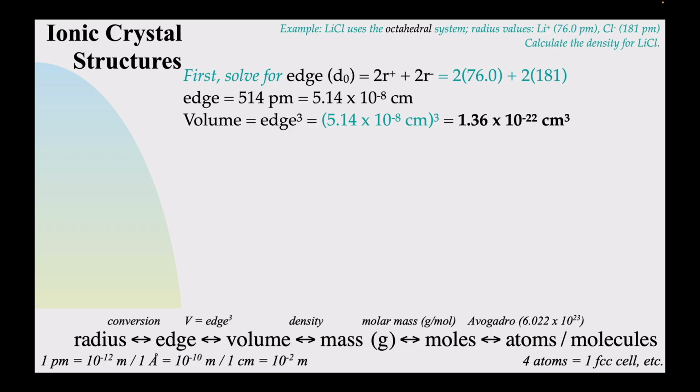But we are looking for the density. That's what we're trying to solve for. So we're going to hold on to this volume. And now we're going to start on the far right of the train track. We're going to start with that fact that there are 4 molecules of lithium chloride in the unit cell for